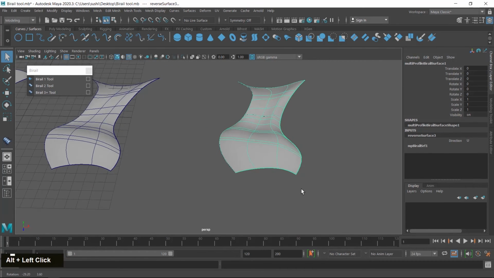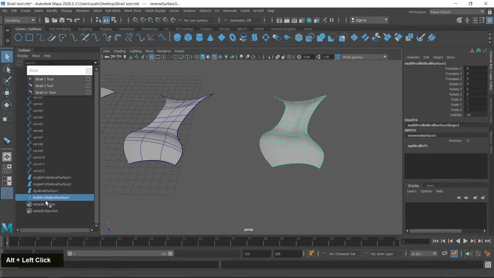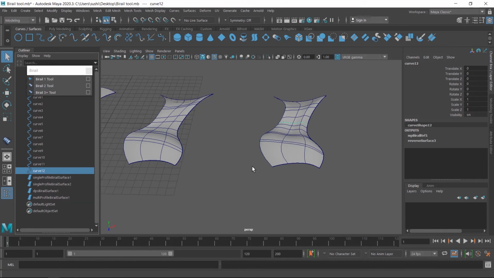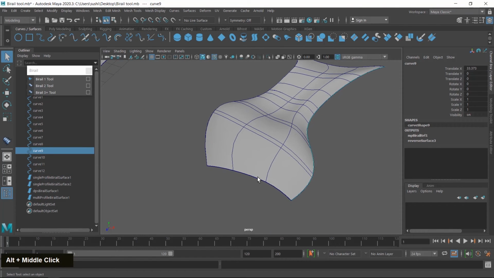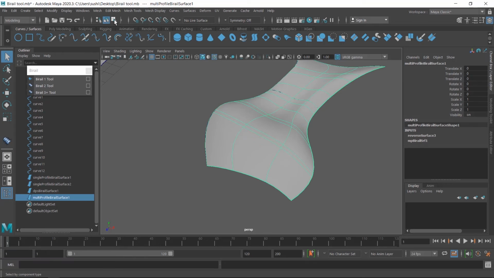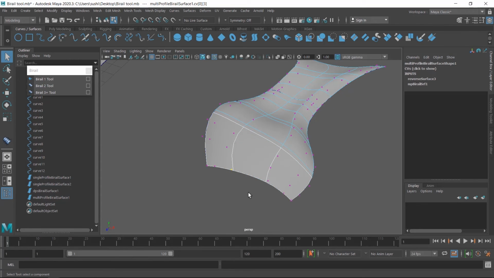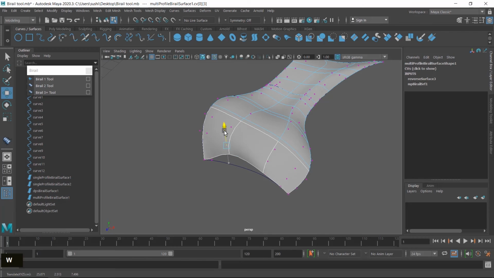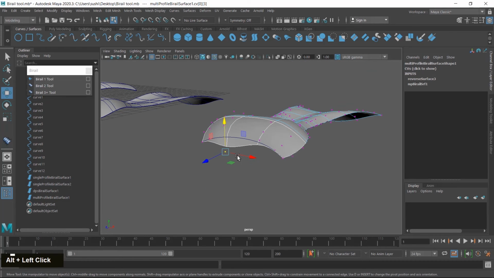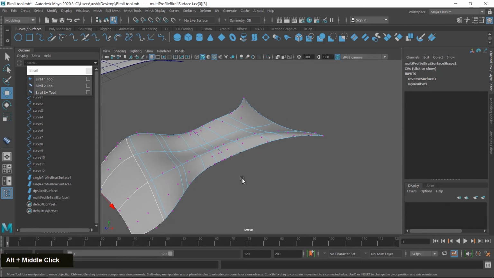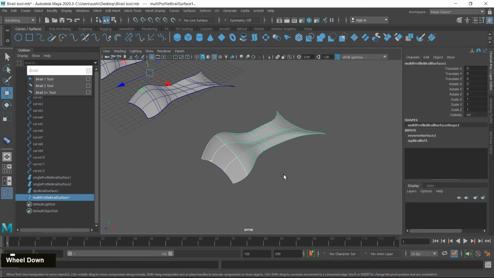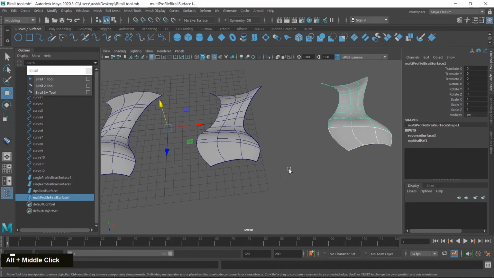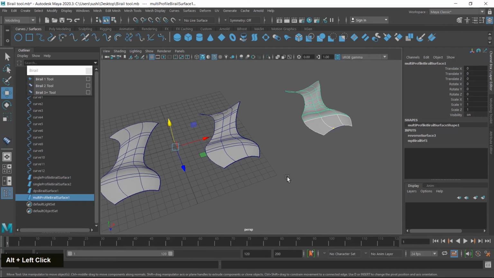Or if you want to modify these, click on the curves and then I think I zoom a little bit and click on the component mode and modify. So modification can be done after applying. So I hope you learned how to use the barrel tool. Now we meet in the next class.